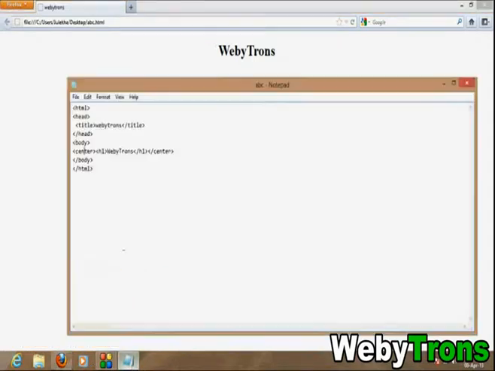Now the good practice of writing a tag is to align the code in a systematic way. You can see the opening of the body tag and the code, so that the opening and closing are aligned, making it easier for the coder to get through the text.